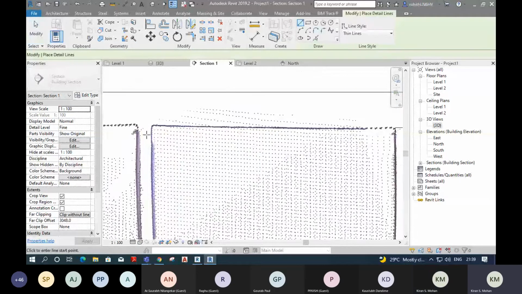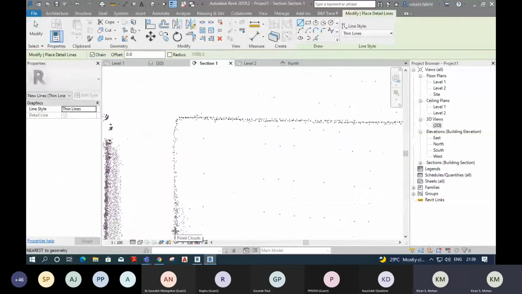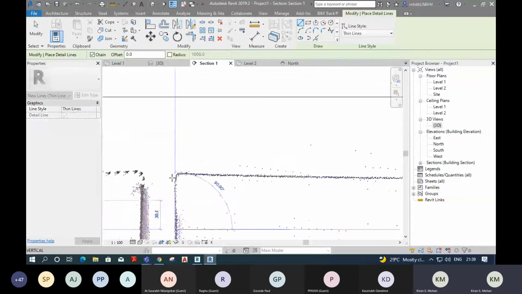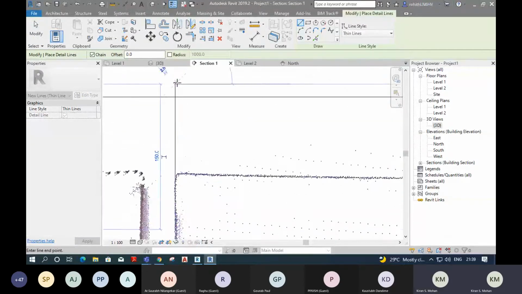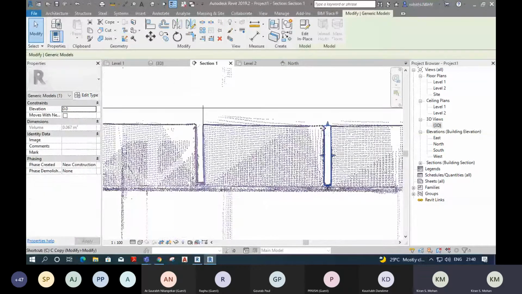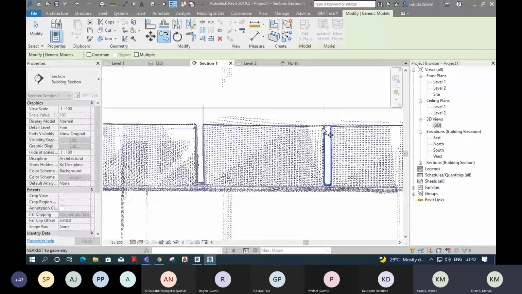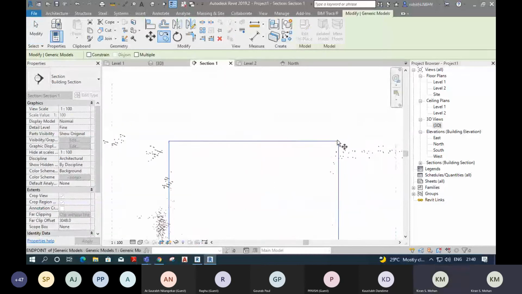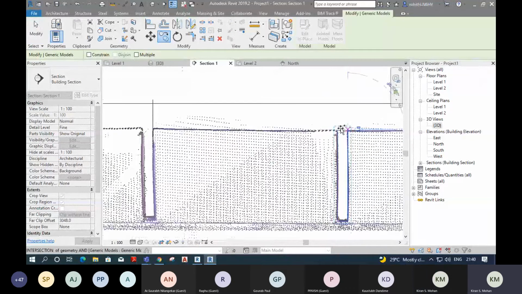You can copy to this location. Again, repeat it. You can copy this joist to other locations also, and you can give the material as wood.